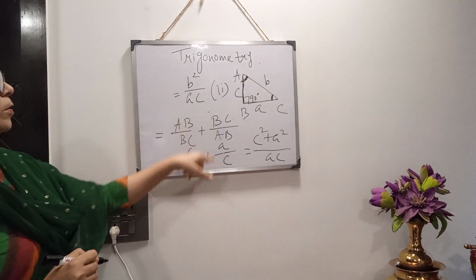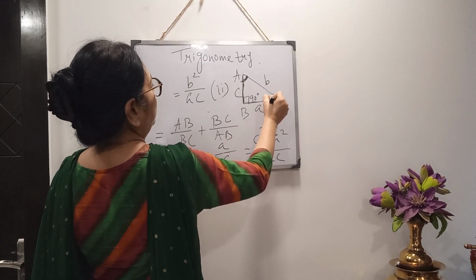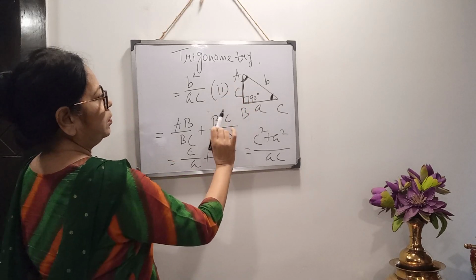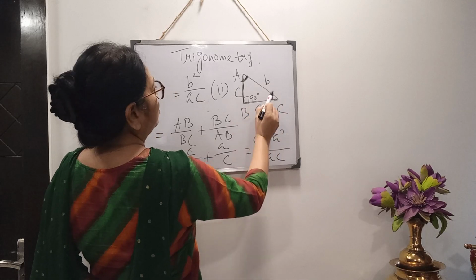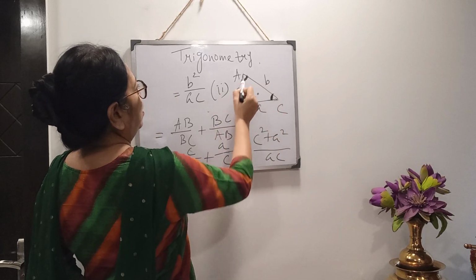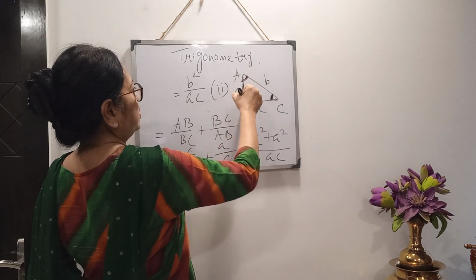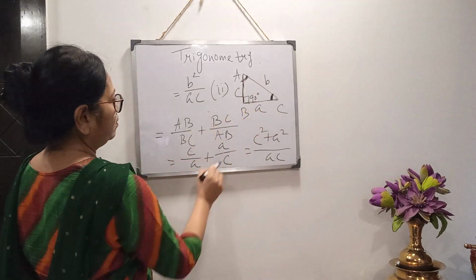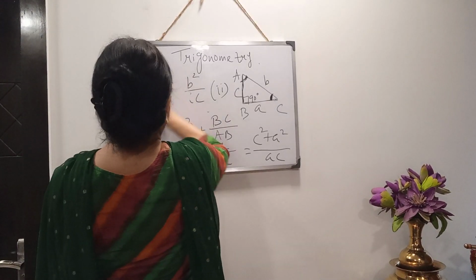Clear? So first you will draw the diagram. Then when you consider this angle, first you have to find out which one is perpendicular and which one is base. Now this angle stands on this base BC, so in that case it will be the base and that will be the perpendicular. But when you are considering tan of angle A, then your base will be changed. That will be the base and this will be the perpendicular. Then this step you can do. Next one.